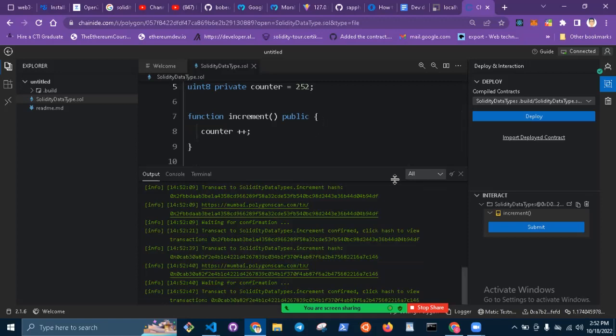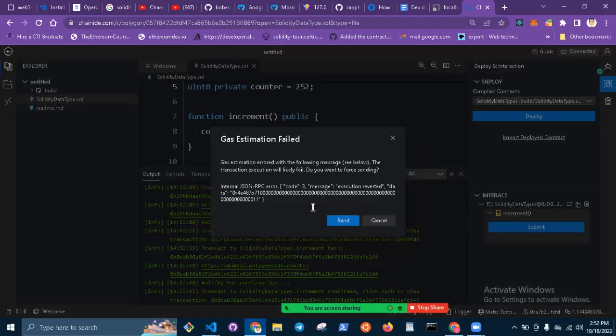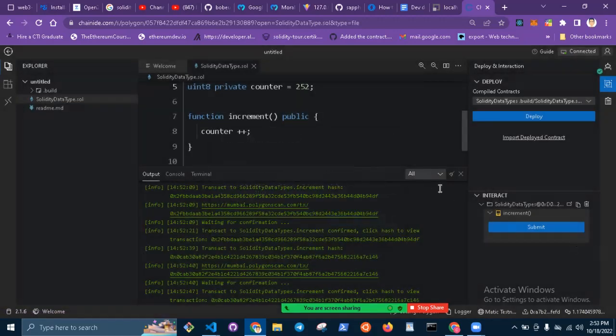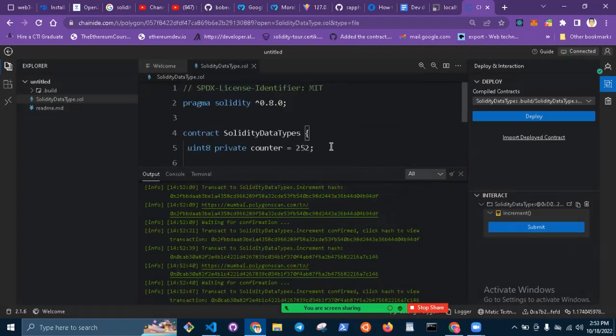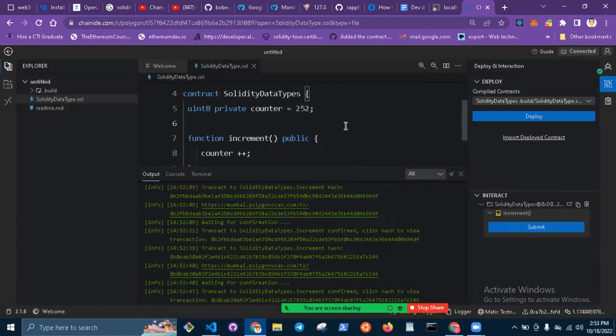Okay, all right. So another increment. This is the fourth time. Okay, so now we got an error. You can see 255. It's three times it increments it to 255. So probably if this data gives us the conversion, it gives us 256. So the highest it can go is 255, because in the EVM it's always represented